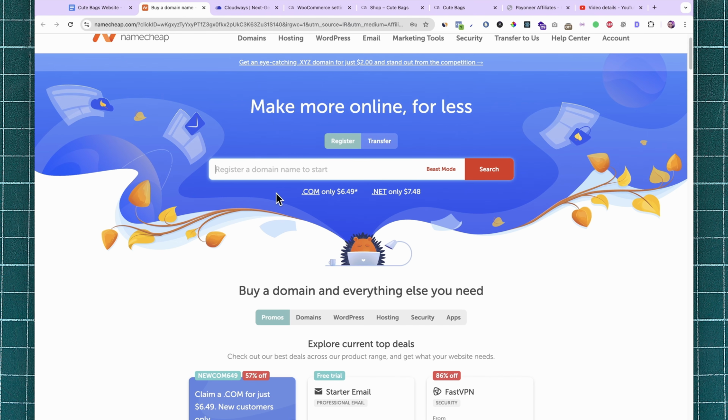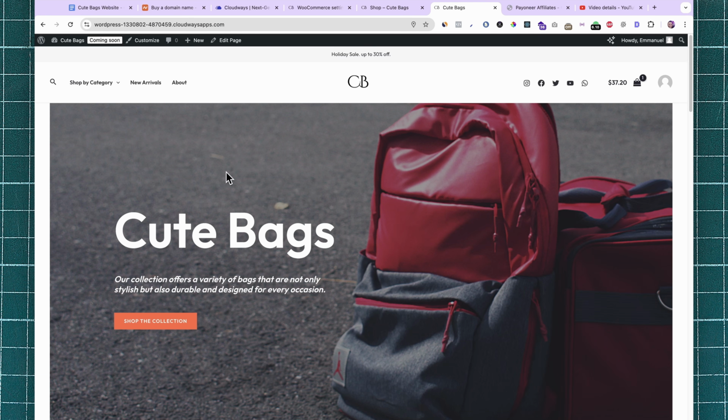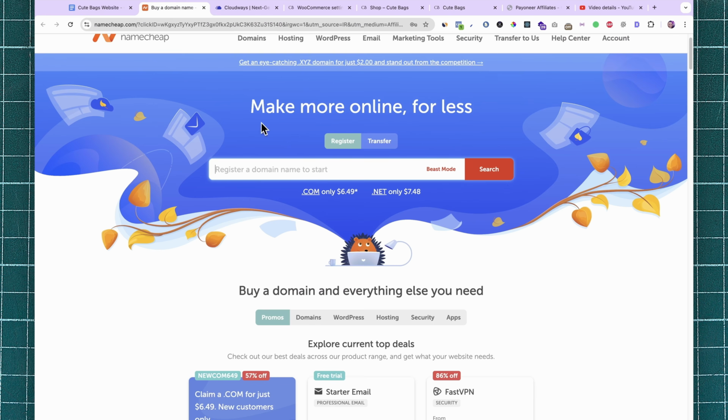And here you can search for the domain name you want to use. Now, the name of our website is Cute Bags. So maybe I'll use something like shopcutebags.com. Or you can use any name that you want. If I click on search,